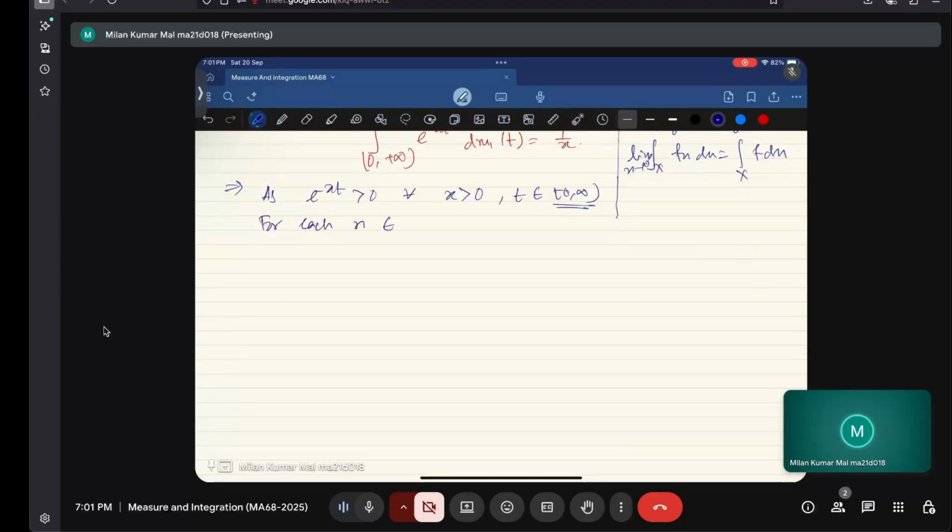For n belongs to natural numbers, the characteristic function of 0 to n with the product e to the power minus xt can be considered as fn(x,t). Sorry, fn at t. X is fixed right now. This is fn(t), a function of t one can consider, and that converges to the function e to the power minus xt for some fixed x, for all t belongs to